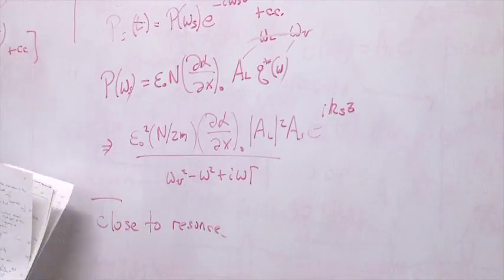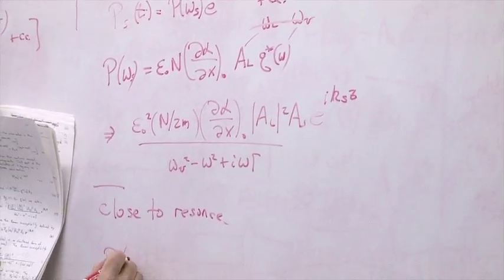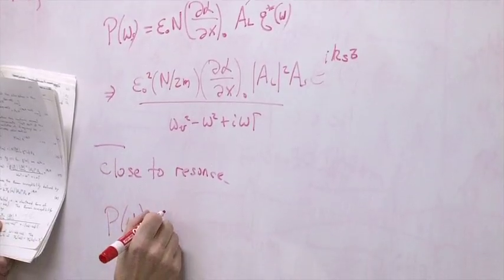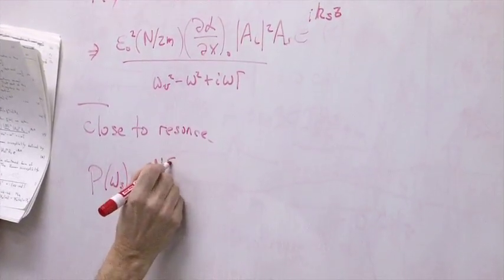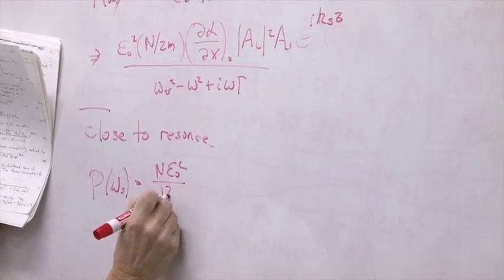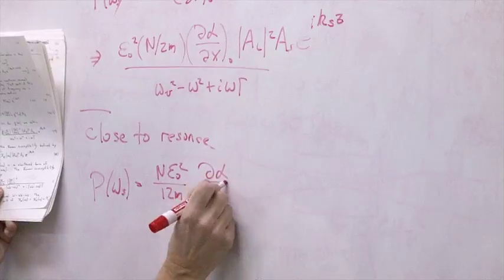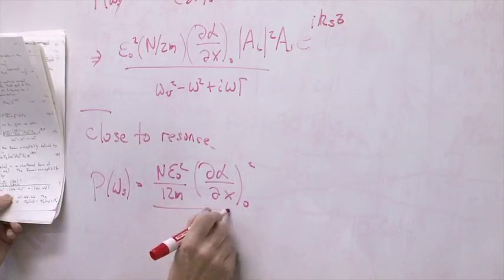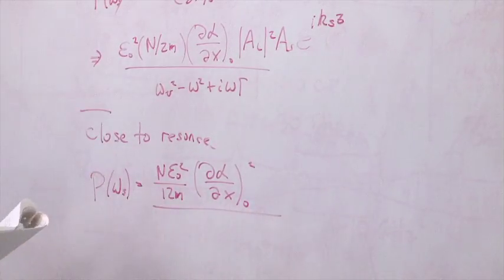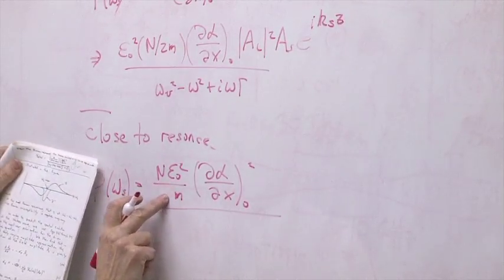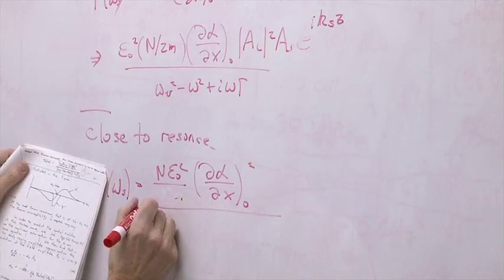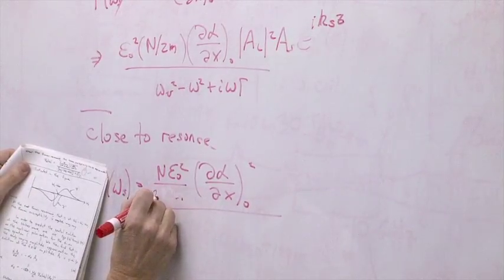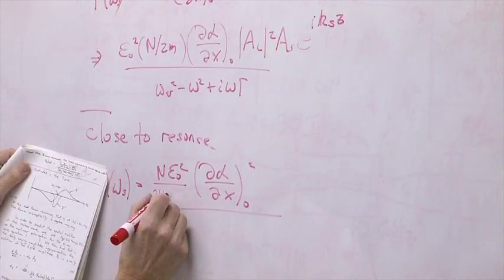We can write this as P of omega s is n epsilon 0 squared over 12m partial alpha with respect to x 0 squared divided by, I'm sorry, 24 m